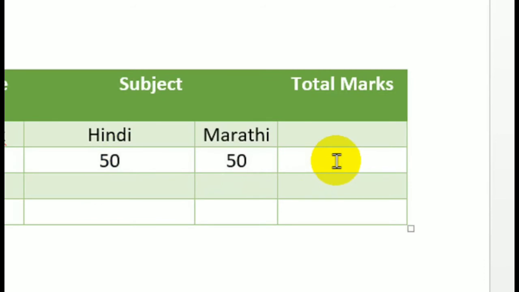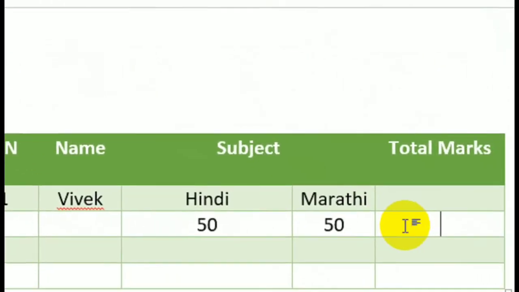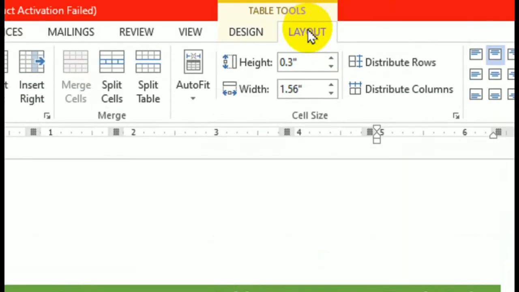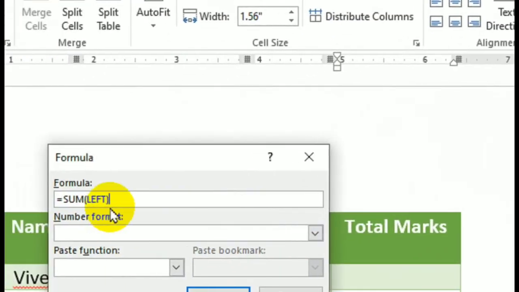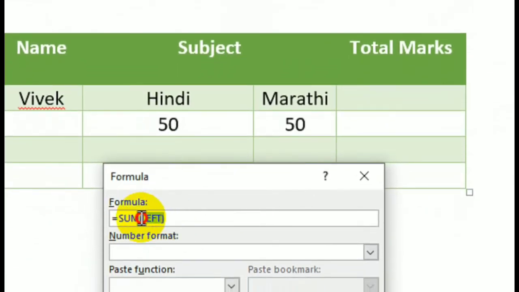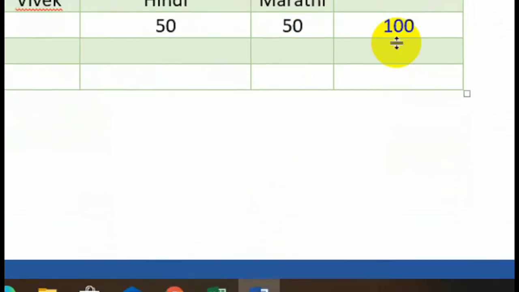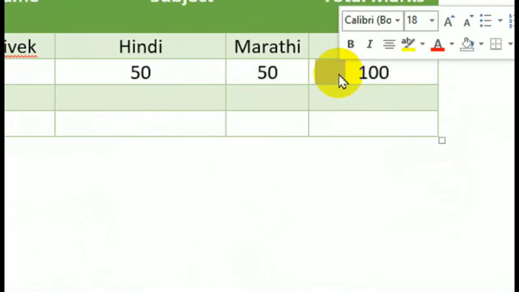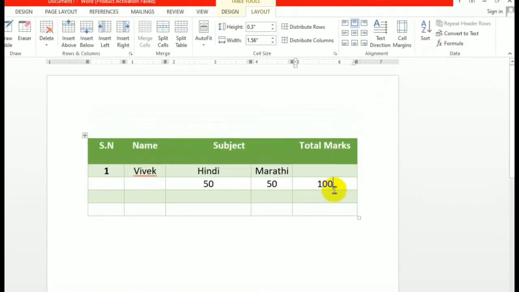So here you have to actually use a formula, right? In the layout tab there is a formula option. You want to select it, so just fx formula, use that, just open it. Now here it is sum of left, that means the left values will be added. If you want to add right values, you can write right there. Okay, so the left-hand side's values, that means 50-50, will get added here, and you will get the sum of all.